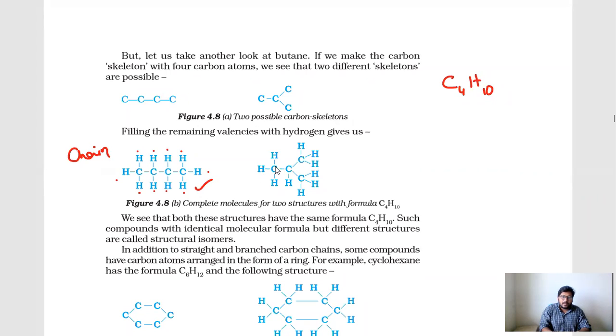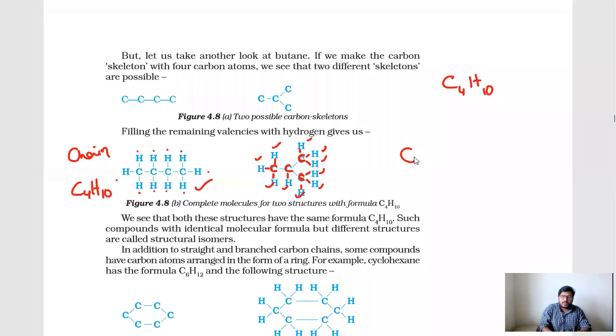First carbon, second carbon, third carbon, fourth carbon, and again for this carbon 1, 2, 3 hydrogens you can represent. If you count hydrogens, 1 to 10, no change. This structure and this structure got changed, but the chemical formula